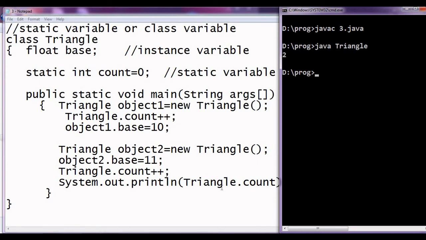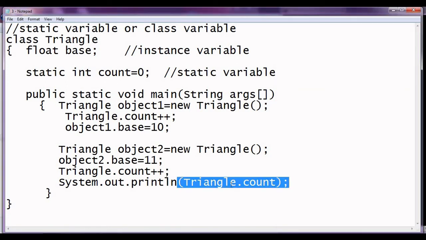See, the count here is 2. It is a static variable we are using over here.